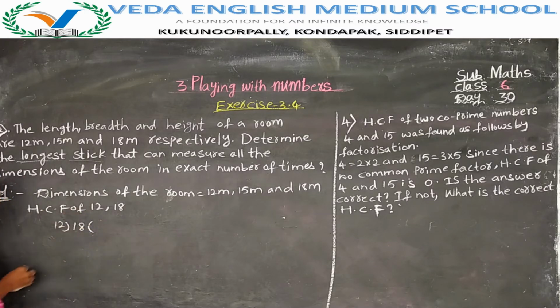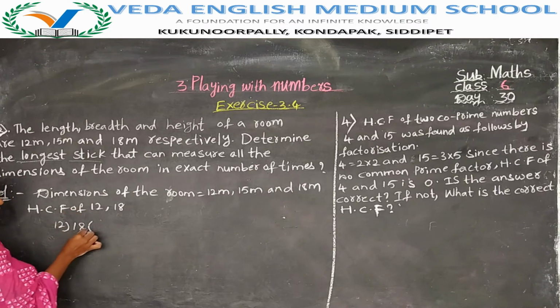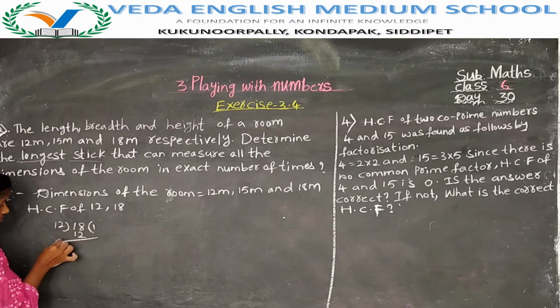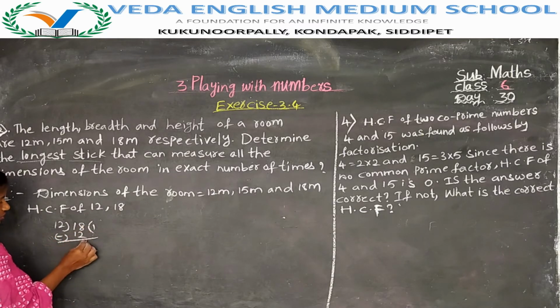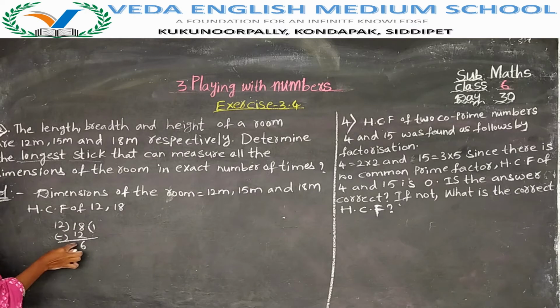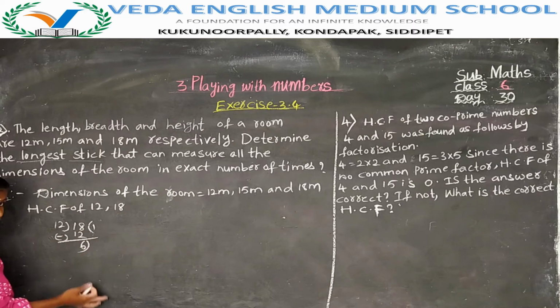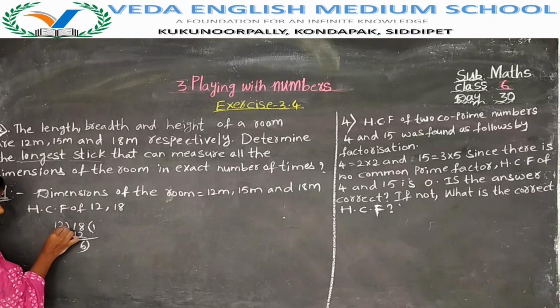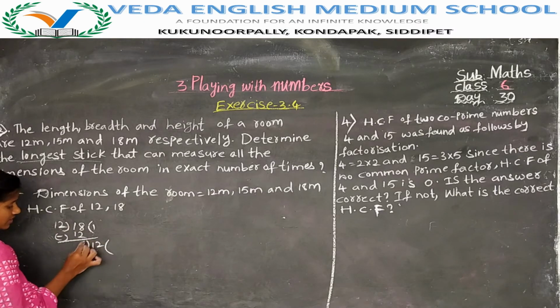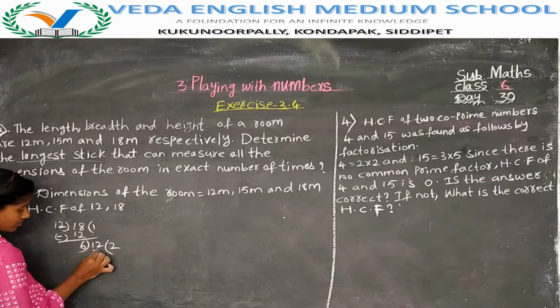In the 12 table, is 18 possible? No. So you have to take 12 ones are 12. 8 minus 2 is 6. 1 minus 1 is 0. This 0 is on the left side of the 6, so no need to take the 0. Here we did not get the remainder as 0. What do you have to do? Again you have to continue this division using this divisor. So write the divisor here. 6 2s are 12.